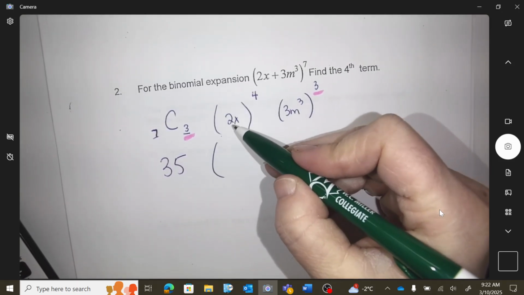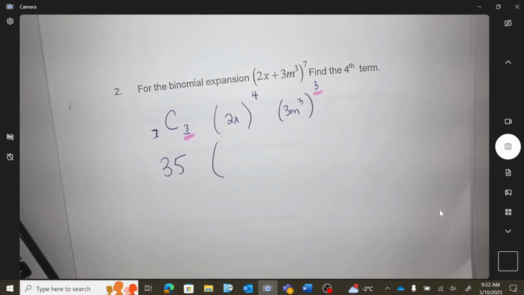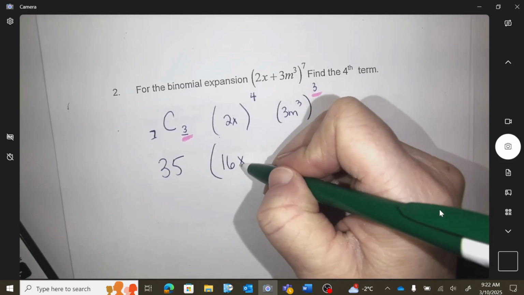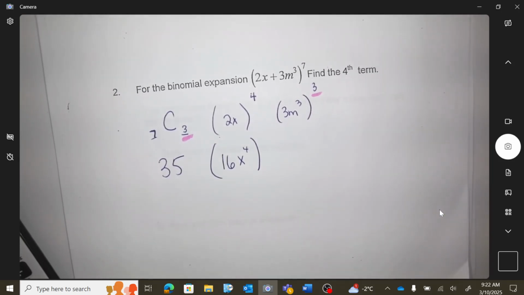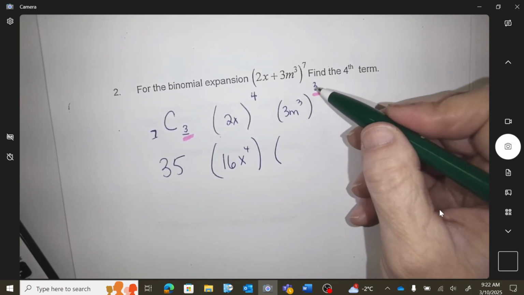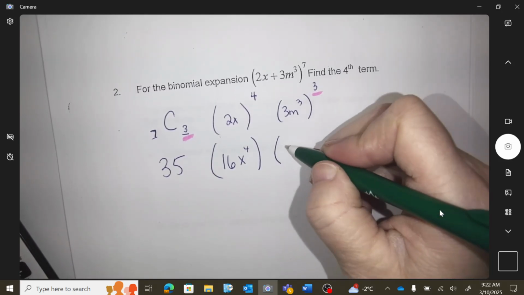Don't forget that you can't just leave this as a 2, because it has to get repeated 4 times. So 2 times 2 times 2 times 2 is 16. Then this one, don't forget 3 cubed. So 3 times 3 times 3 is